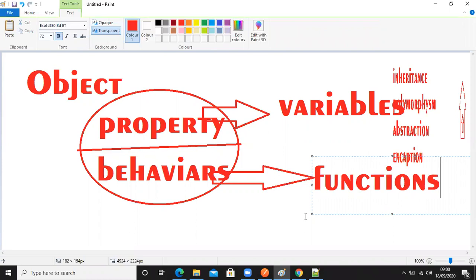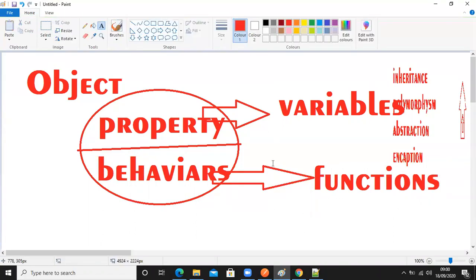So one object will have both the things. The moment you get an object, you will have properties and behaviors. That means you will have a memory part, variables, as well as functions. That's it. You are getting it or not here? So the moment you have an object, what all things will you have? Tell me. You have an object now.